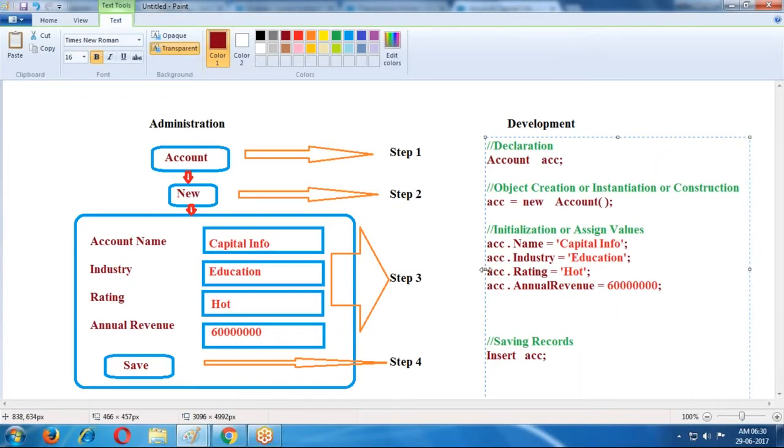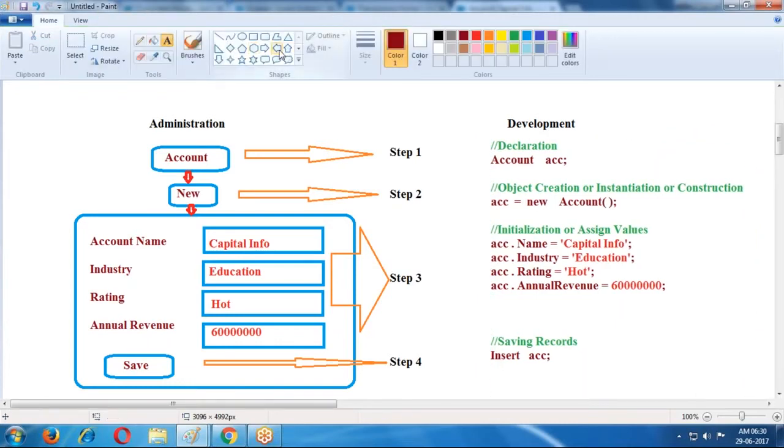This is step 1, declaration. Object creation, second step. This process is the third step, and this process is the fourth step.